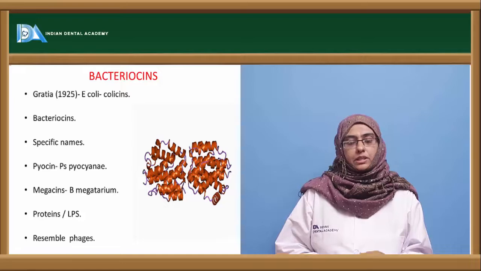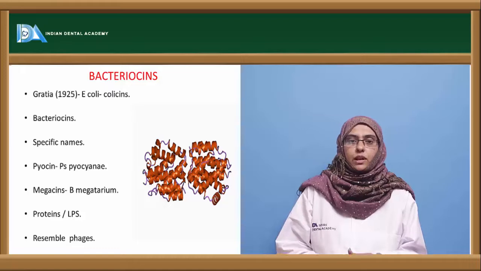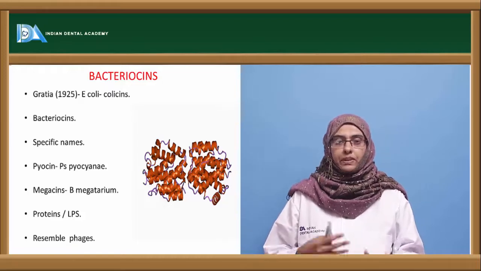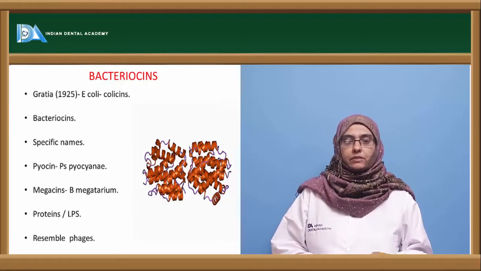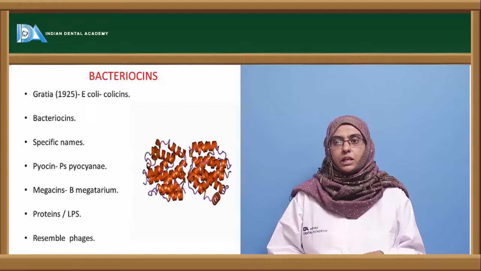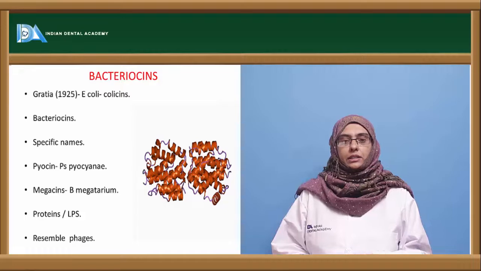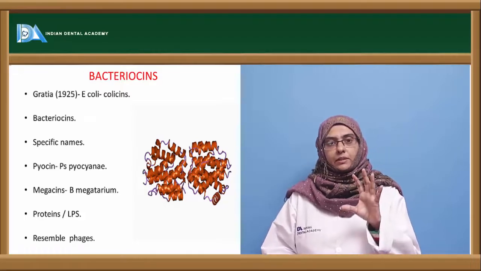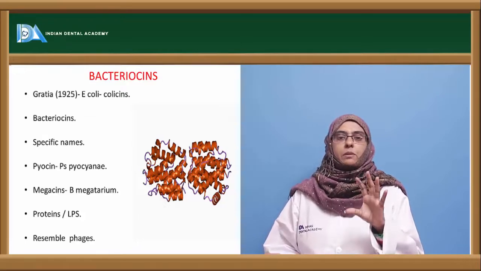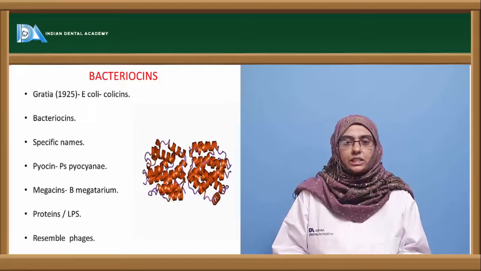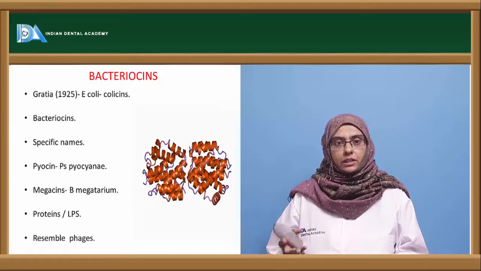Similar types of substances were seen to be produced by different types of bacteria, and hence a common name is given to them, which is called a bacteriocin. And specific names are given depending upon the type of bacteria producing it. Take for example pyocin produced by Pseudomonas pyocyanea, and megacin produced by Bacillus megaterium. The chemical property of these is that they are proteinaceous in nature, and sometimes can be lipopolysaccharide, which is a component of the